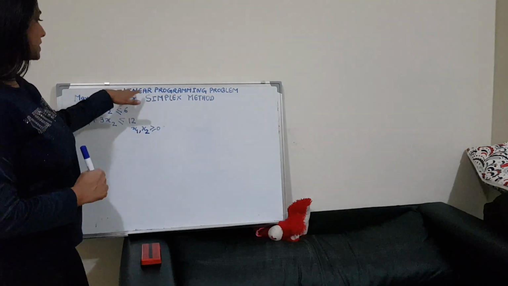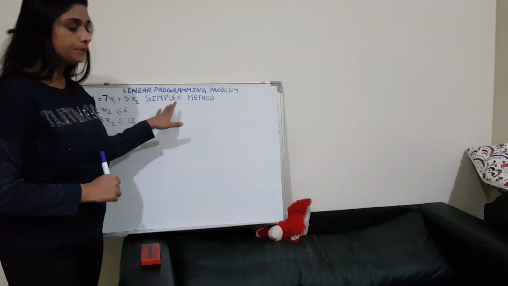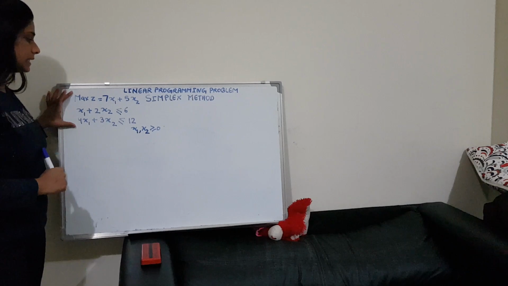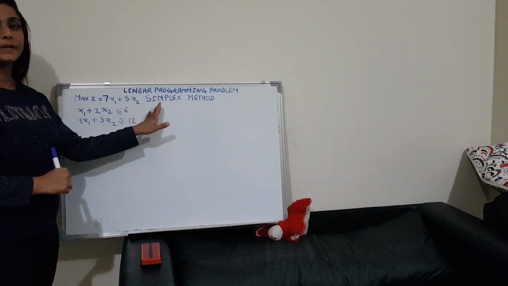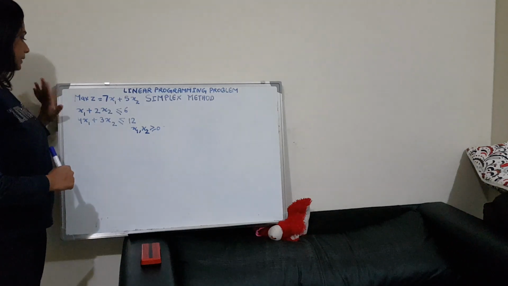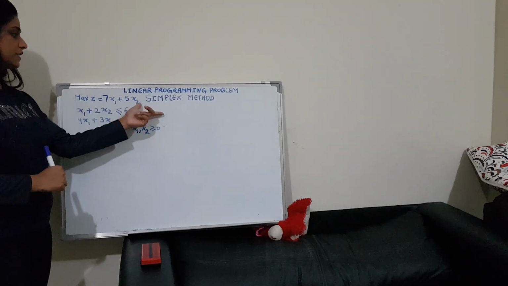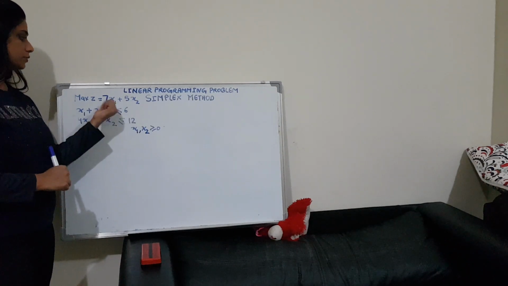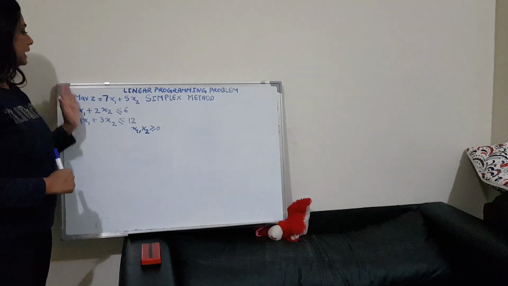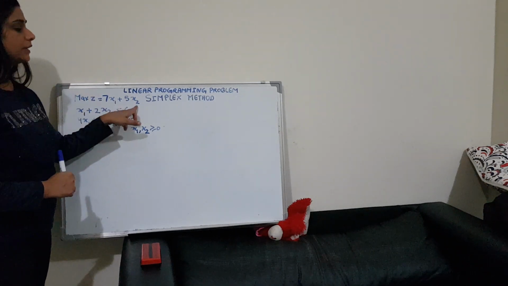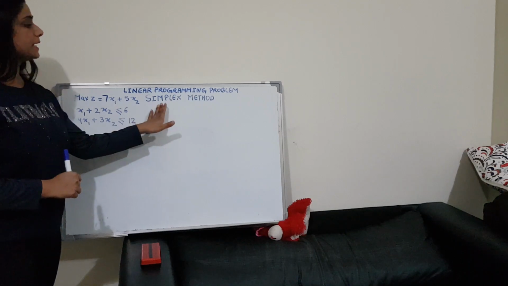Today we are going to discuss linear programming problem by simplex method. So here you can see this is a maximization problem and we will apply here simplex method. We will calculate maximum profit. By simplex method we will find out basic variables value x1 and x2's value, and then we will put the value of x1 and x2 in this equation. So let's start simplex method.